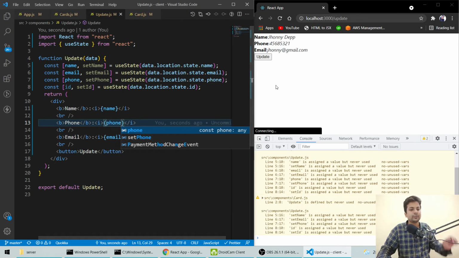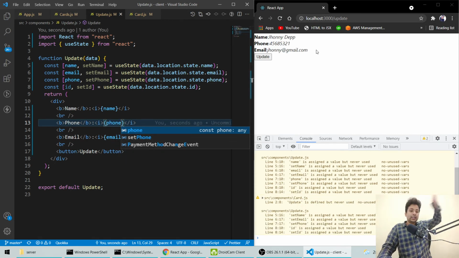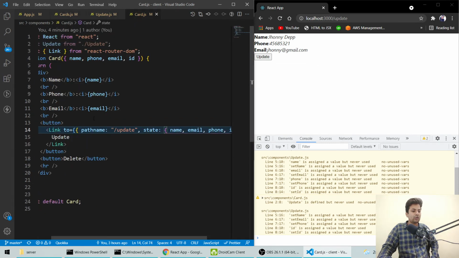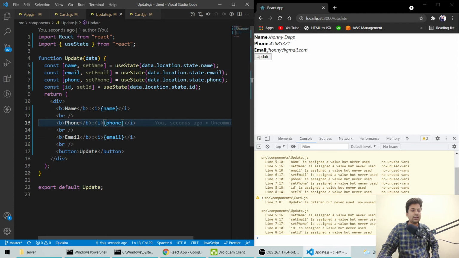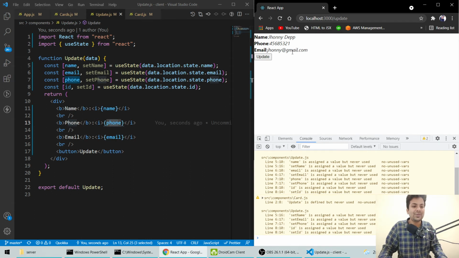Save it. See, now we are getting data, because whenever someone clicks on this button, we'll get their name, email, phone, and we'll set it into these variables, name, email, phone, ID, and we'll just use it here. Now we want to update it, but how should we update this thing?